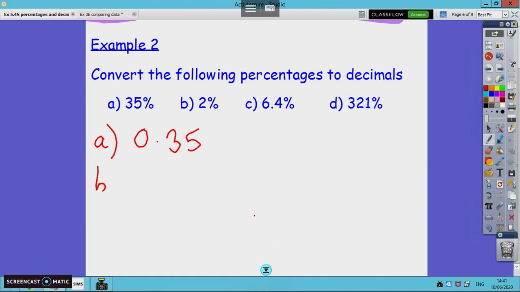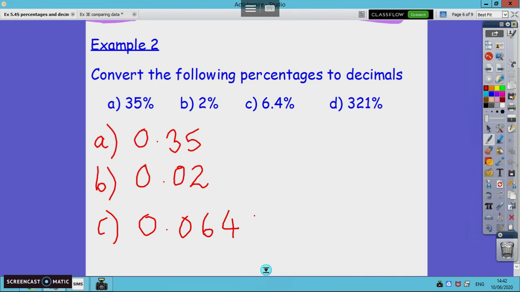For part B, moving 2 places to the right, you would get 0.02. For part C, dividing everything by 100, so everything moves 2 places to the right, you would get 0.64. And then for the last one, for D, dividing by 100 means you would get